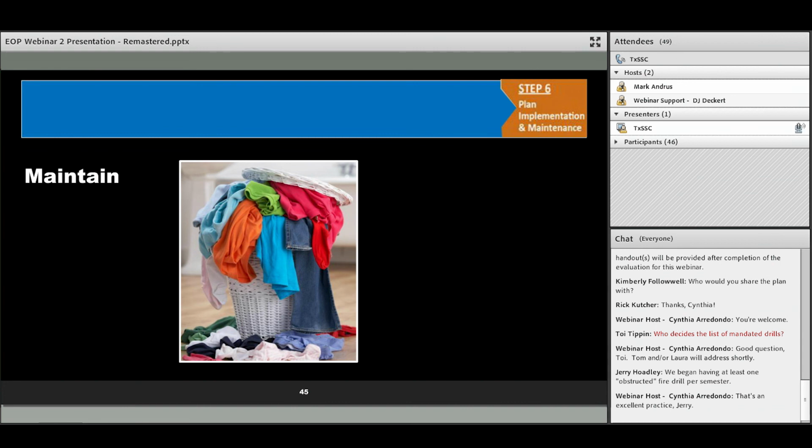I wouldn't doubt that in the near future, the legislature may turn around and start requiring different drills, a different frequency. There was previously a list of drills in Texas Education Code 37.1081, but that was directly related to a certification program that has expired and is no longer in that statute and no longer required. And to clarify, the certification program itself was not required. The list of drills to do within that certification, there was a list of 5 drills that you would have to do at least once a year, but that is no longer in law.